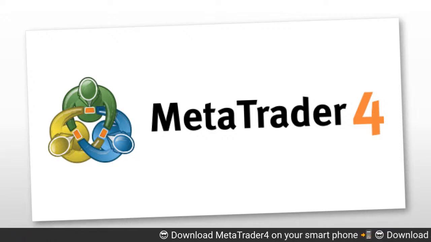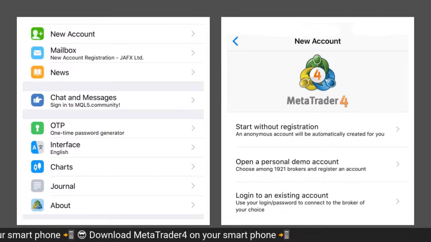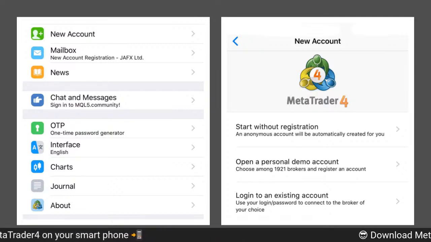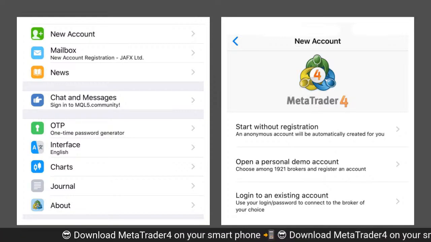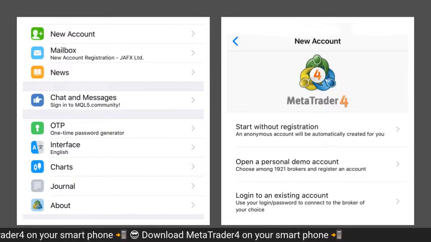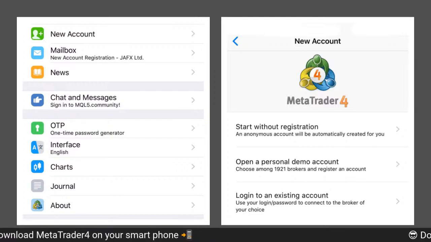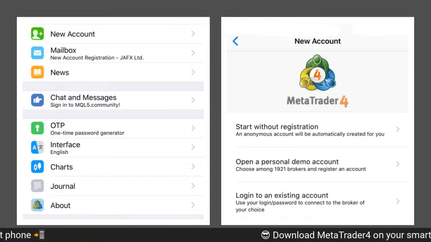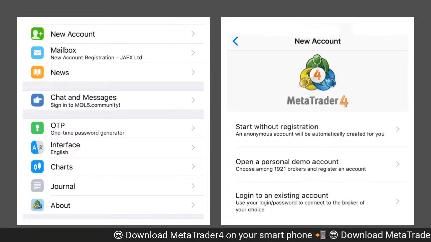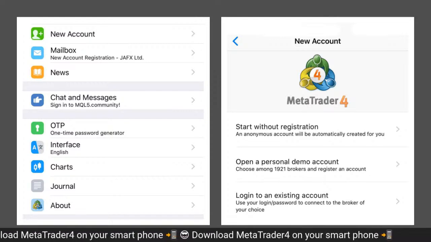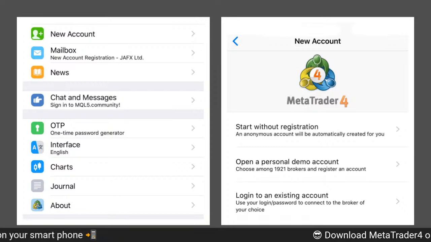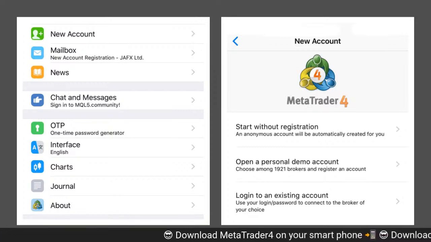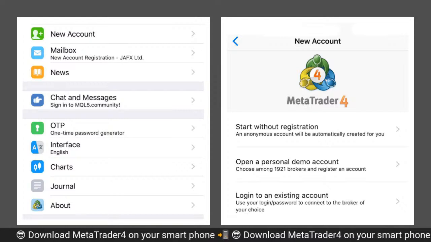You are going to go to settings, and you're going to go to here where it says new account. So it should be the top option once you've hit settings, and then you're going to go to open a personal demo account. Okay, it'll be either the first or second option there. Once you do that, it's going to give you a few different options. So you can select your dollar amount. You want to select $3,000. There's a part that says leverage. You want to make sure that says 1 to 500. Again, leverage, you're going to make it say 1 to 500.